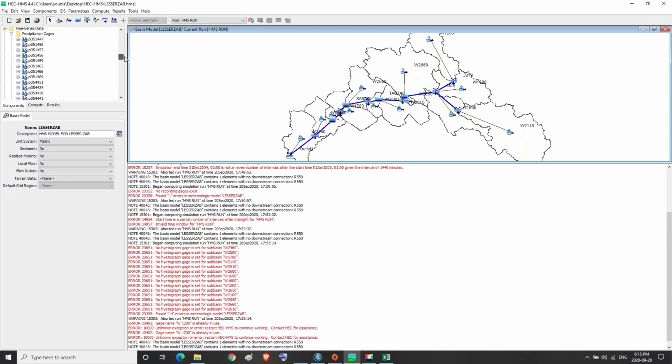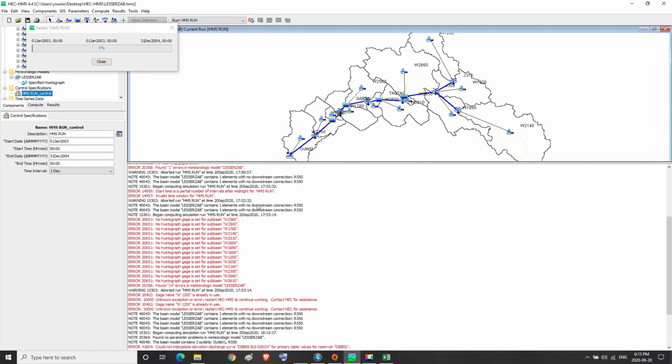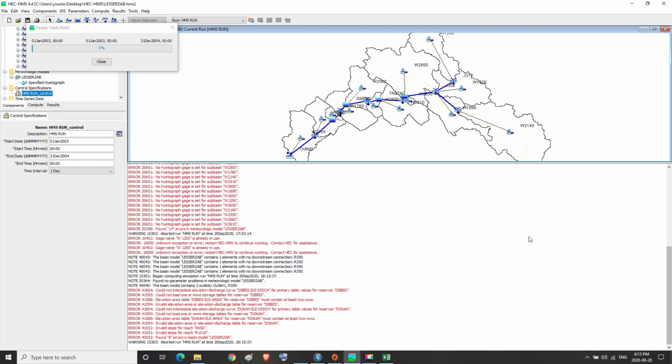Then we return to the HMS run control. Then we press on the compute all elements. Then a red error message appears indicating that there are some errors in the data entered into the DAMS, as we see.